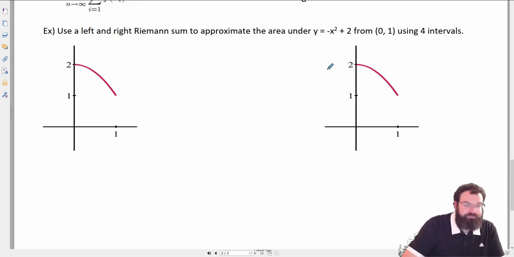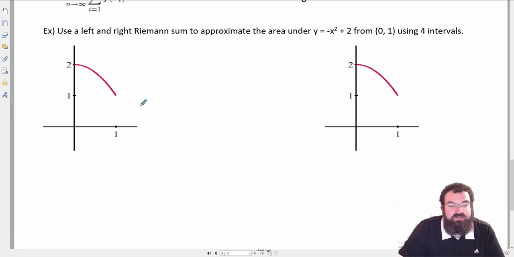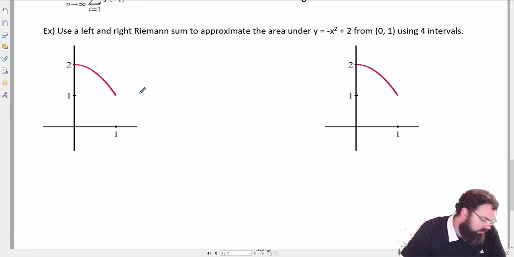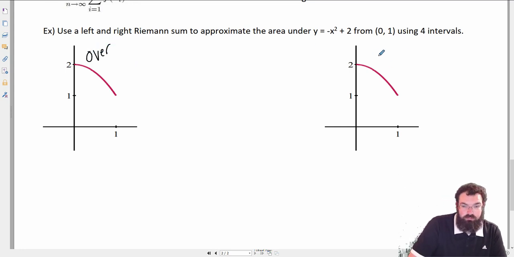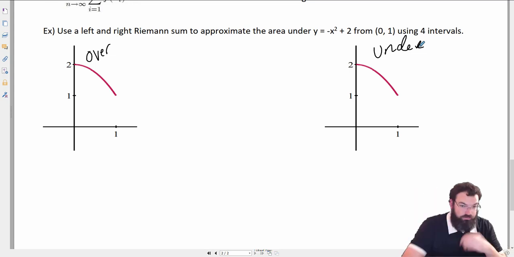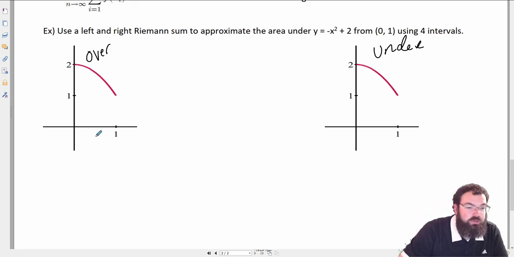All right, so because I have a decreasing function, we know that our left-hand Riemann sum is going to be an over approximate, so this is going to be an over. This is a right-hand Riemann sum, so we know this is going to be an under, because again, it's a decreasing function. Okay, and so I want to go from 0 to 1,